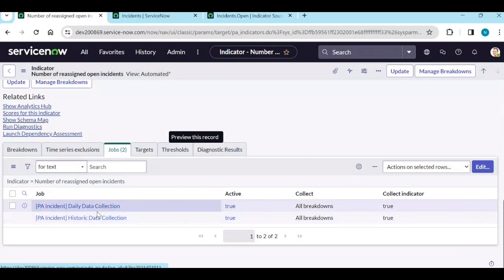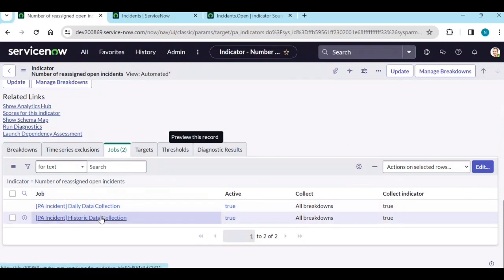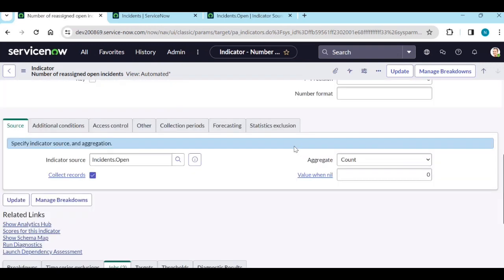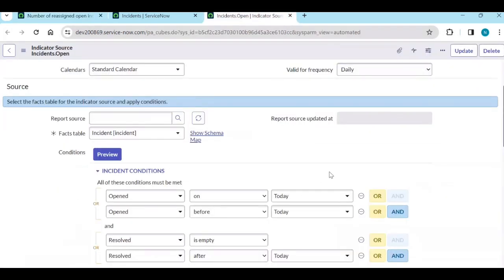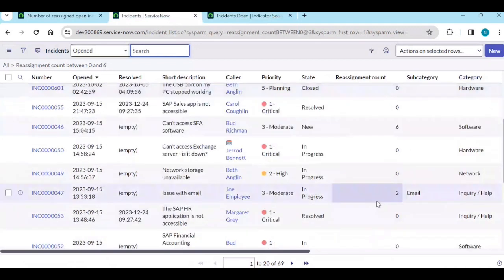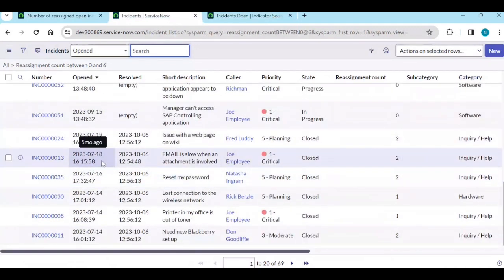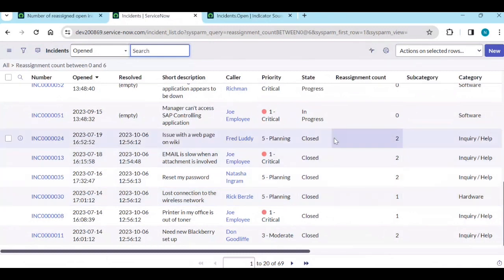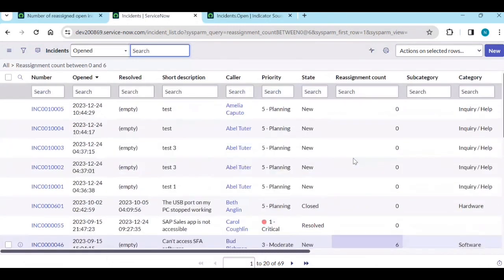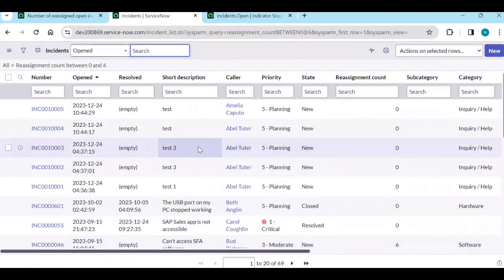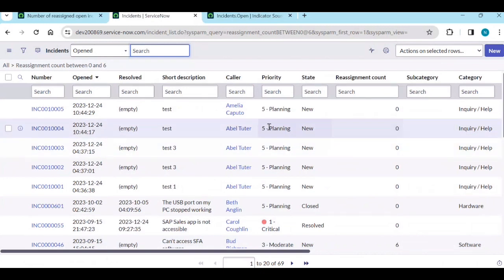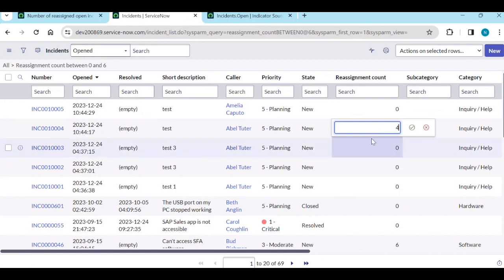So we have the jobs, daily data jobs, historical data collections, all these things running. Okay, so let's see. So we have incident 6 to 1. Okay, but this is 5 months ago data. Okay, 2 months ago data. So all these things. So what we'll do is just update this data to 4,